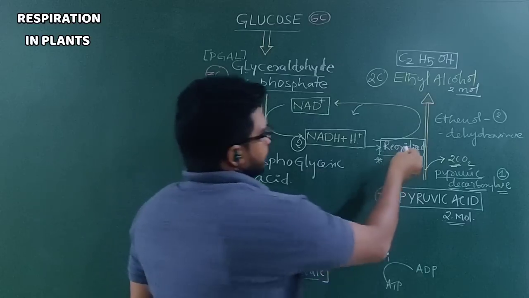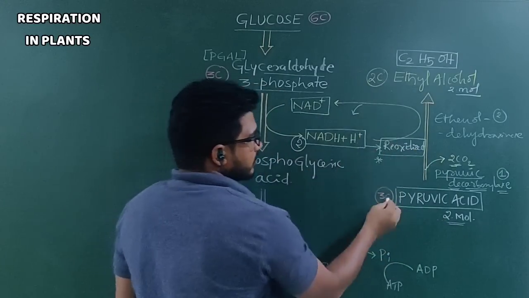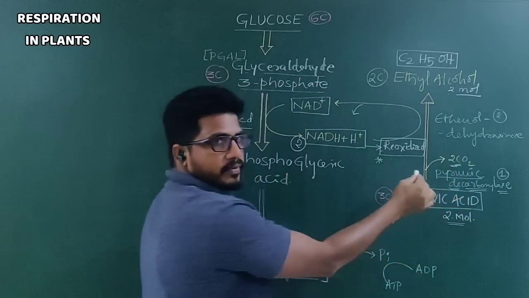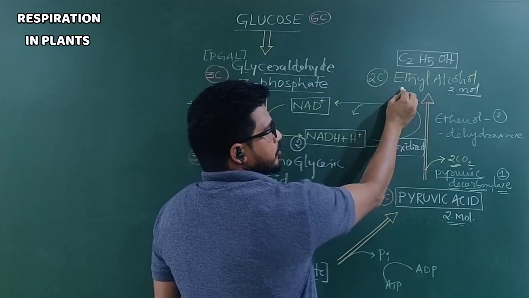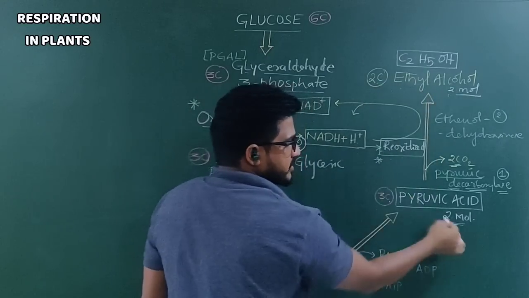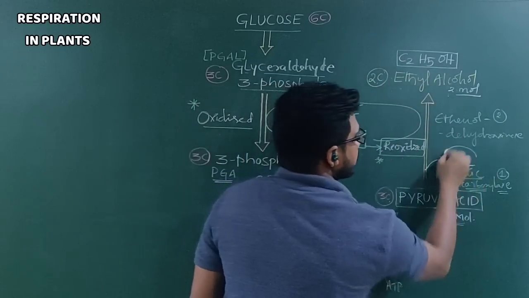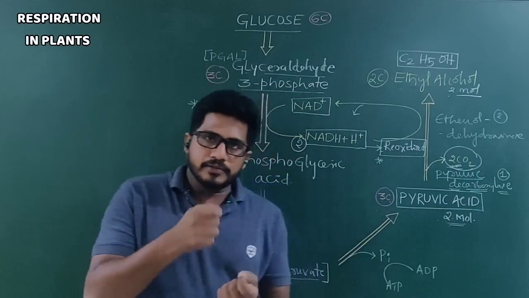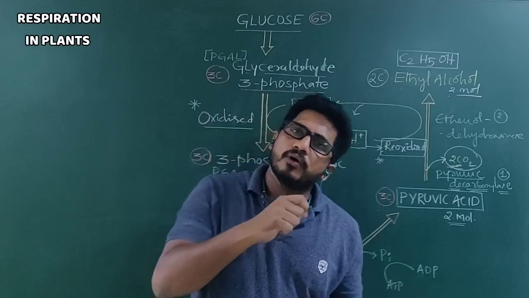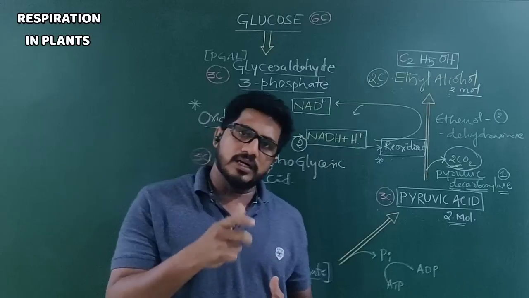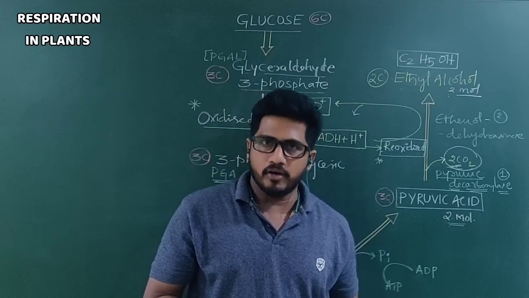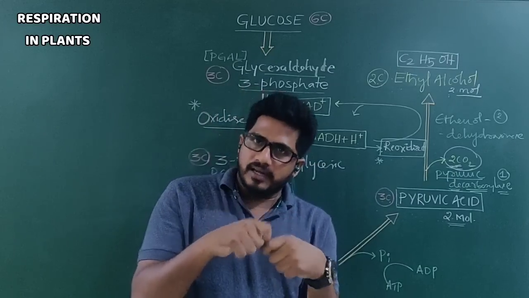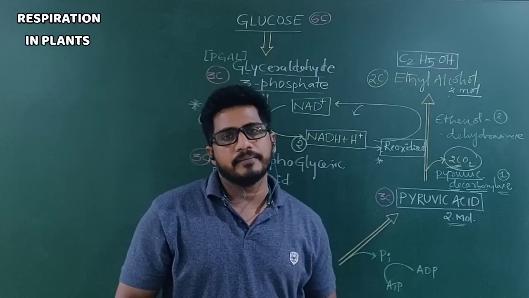So, if you want the balance of 6 carbons from here to here, 3 2s are 6 carbons here, 2 2s are 4 plus 2. How many molecules of ethyl alcohol? 2. Each molecule has 2 carbons. So 2 2s are 4. Here 6. 6 minus 4, 2. This 2 is released. That is why if you see, curd has some holes. Cheese has some holes. Why were holes formed on the surface of curd, cheese and some dairy products? Because carbon dioxide is coming out. While coming out, it is liberating from the product, so that some pores are formed.